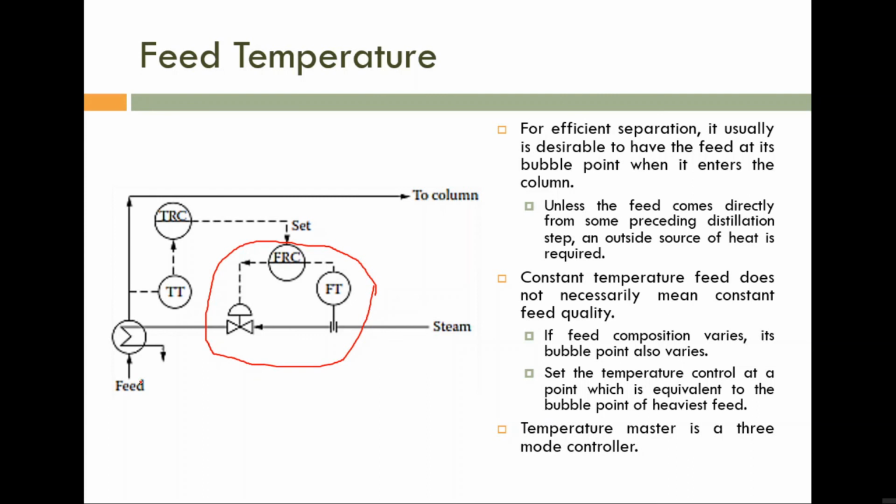Normally in several distillation towers, the temperature must be maintained very close to the bubble point, not equal to, not above the bubble point, very close to the bubble point. It is in between the dew point and bubble point, but normally it is maintained very close to the bubble point. But there is a danger if you are maintaining the feed temperature very close to the bubble point: a small disturbance itself is sufficient to increase the temperature above the bubble point.